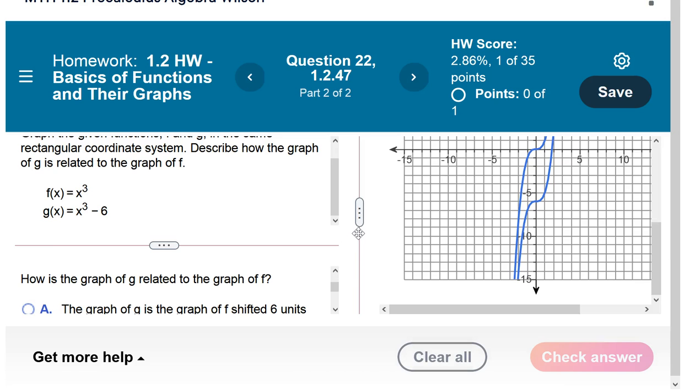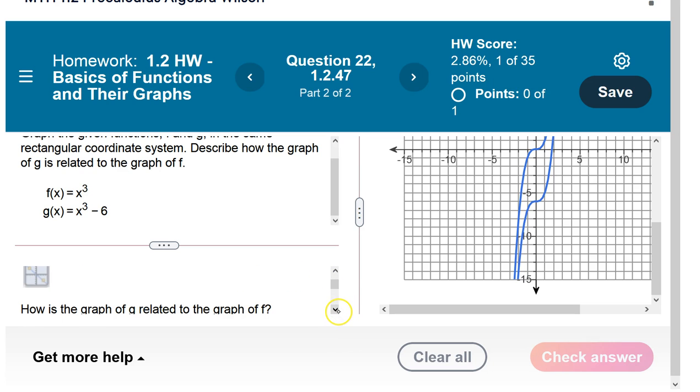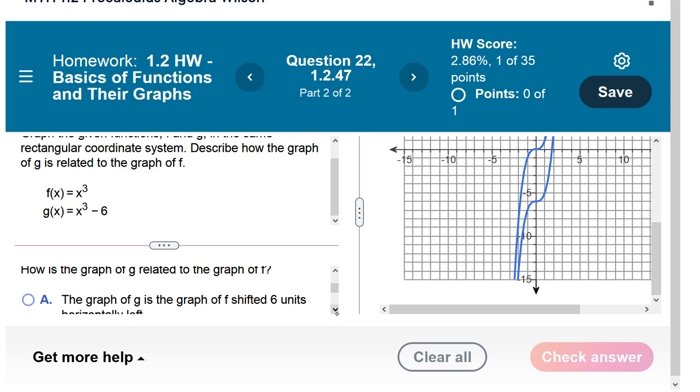Push OK. It's going to ask me a second question, like what happened. When I compare these two graphs, look, they look identical. The second one is just down 6 compared to the first one, and that's what that -6 does. So when I check my choices here, the graph, see, the first one, the